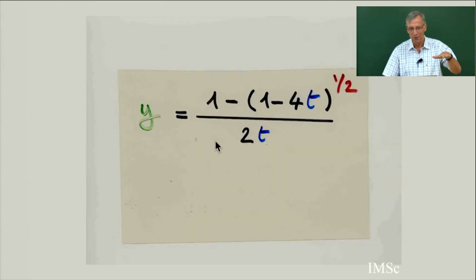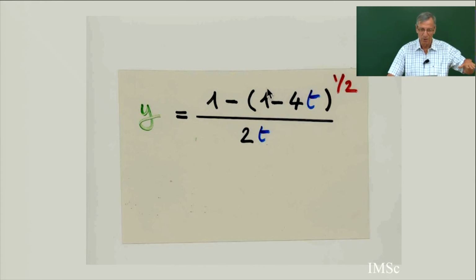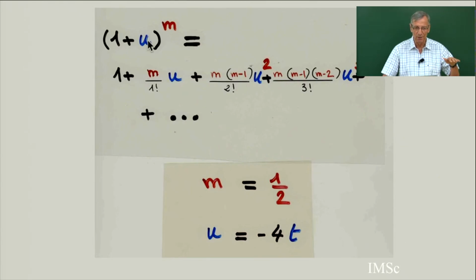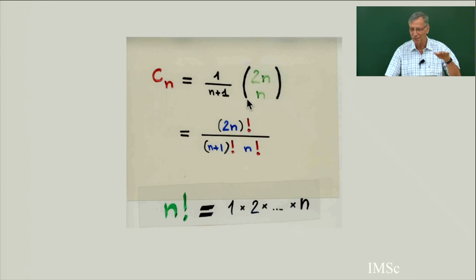From this algebraic equation, as in college or school, you take plus or minus the square root of this. It's an equation of degree 2, so you have to take minus. If you take plus, it would not be a generating function. Then you expand it by the classical binomial coefficient. But m is 1 over 2, so instead of a polynomial, you get an infinite power series. You replace m by 1 over 2, u by minus 4u, and you get immediately this. So at the beginning, we start at the combinatorial level, and then in the expansion of the generating function, we lose something of the combinatorics.